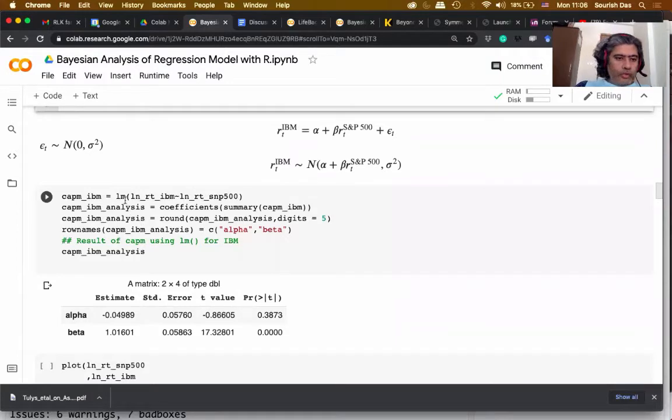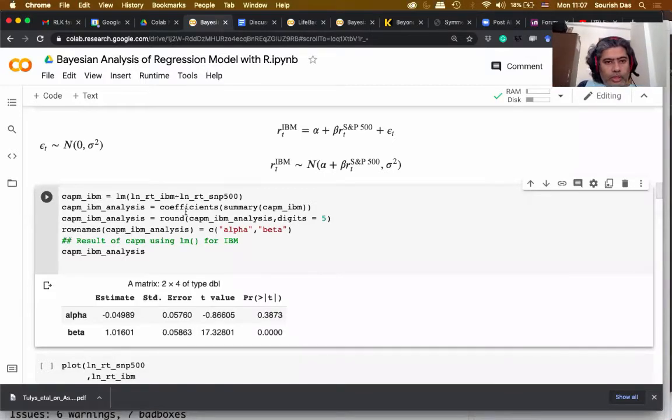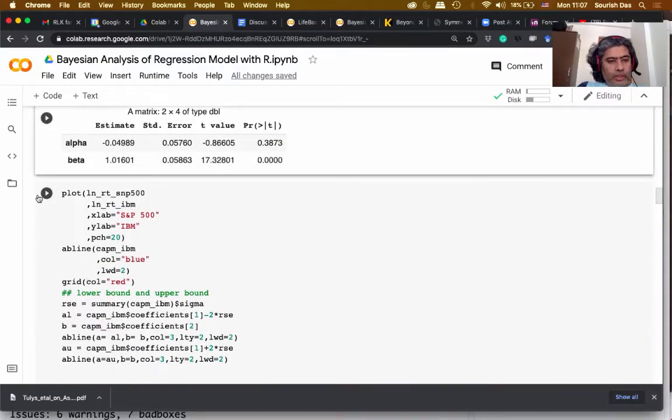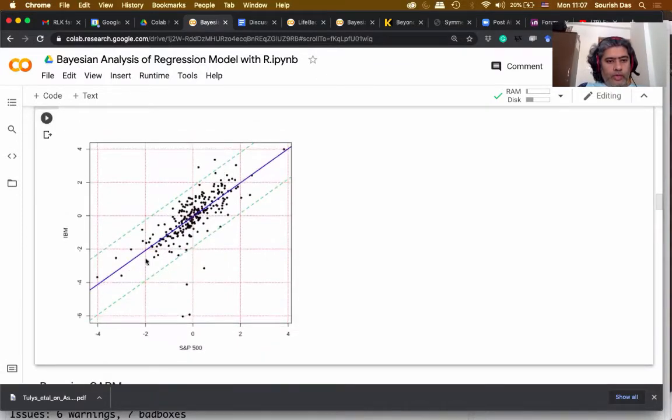And then we just use a simple linear regression model to fit the capital asset pricing model. And this is the estimate of alpha and beta. Okay. And this piece of code basically does a nice plot. So this fitted line is the capital asset pricing model, and this green dashed line is a 95% confidence